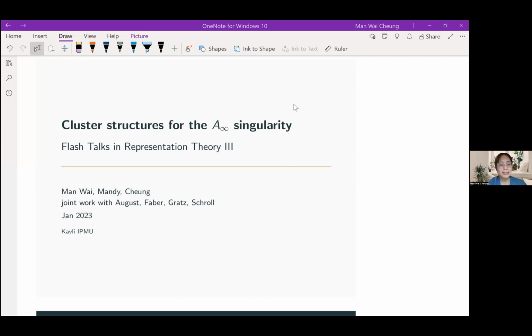Today I'll talk about the cluster structure for the A infinity singularity. That is joint work with Jenny August, Eleonore Faber, Sira Gratz, and Sibylle Schroll. This is also the second paper of our collaboration, in sync with the first talk. Before we talk about the infinity case, let us go back and recap the